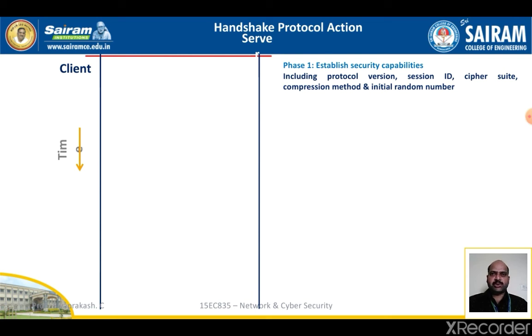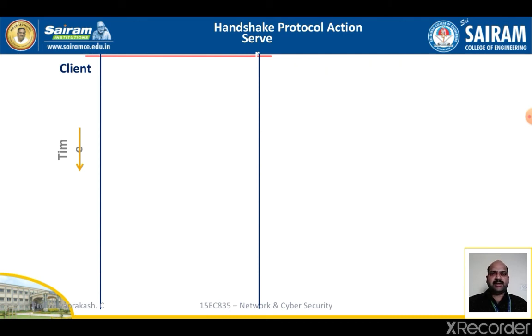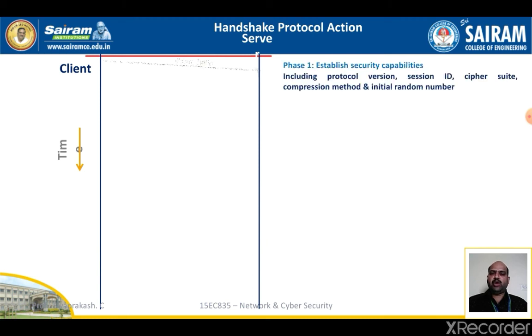And the cipher suites, a list that contains the combinations of cryptographic algorithms supported by the client, in decreasing order of preference. Each element of the list defines both a key exchange algorithm and a cipher specification. Then the compression method, a list of compression methods the client supports. After the client hello message is sent, the server will respond with a server hello message, which contains the same parameters as the client hello message.